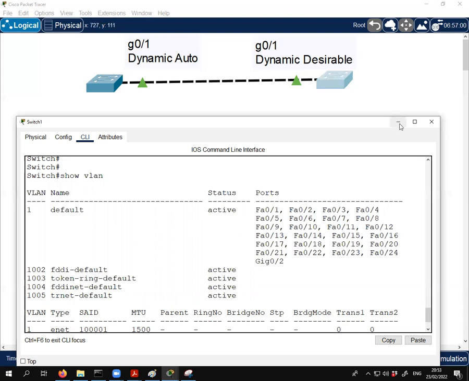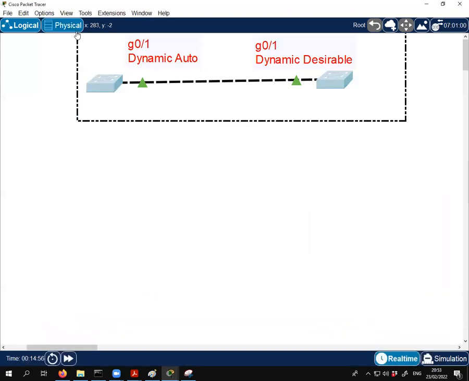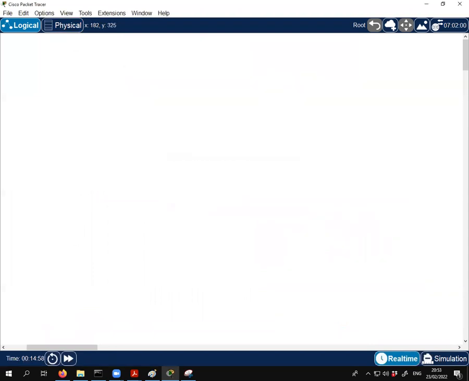But the best way to do this is by doing it on Packet Tracer, setting it up, changing it to switchport mode trunk, switchport mode access. There's one more thing I want to talk about quickly, to throw a spanner in the works completely, is that